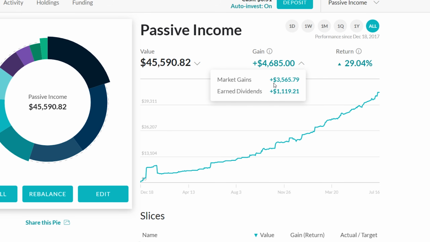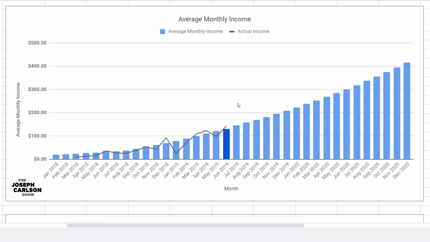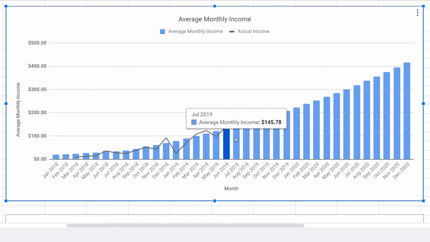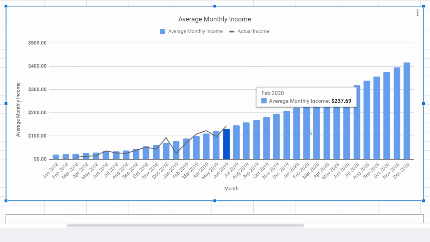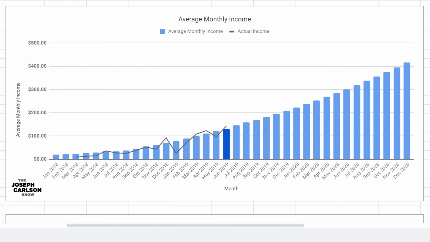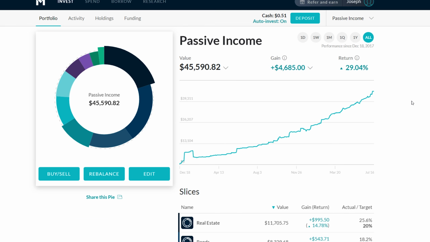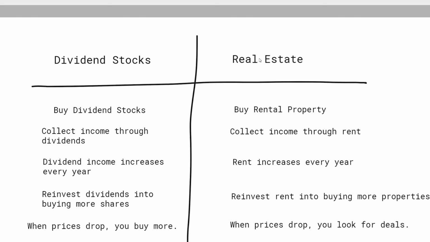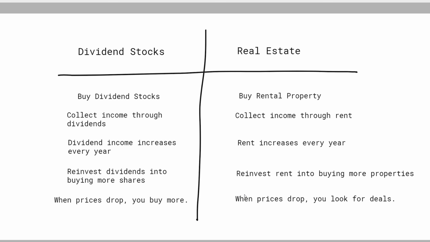Sometimes it's just a good mental thing to see this number go up. But in reality, is it really helping us accomplish our goal? If the goal really is to grow a passive stream of income, if I'm averaging $130 a month, I want to grow this stream of income and have it compound as quick as possible. Is the way to do that by having the price of companies become so expensive that I'm buying less and less of them every time I make deposits? I don't think so. I think dividend investors would benefit from mimicking the same type of attitude that real estate investors have. When the prices drop, you look for better deals. That's when you do the majority of your buying, when things look cheaper. When they get really expensive, you're reluctantly reinvesting at that point.